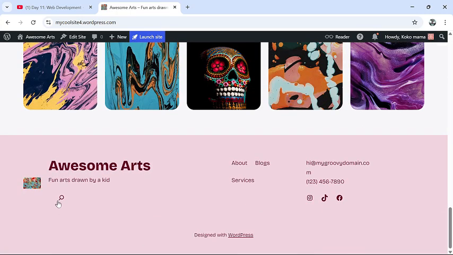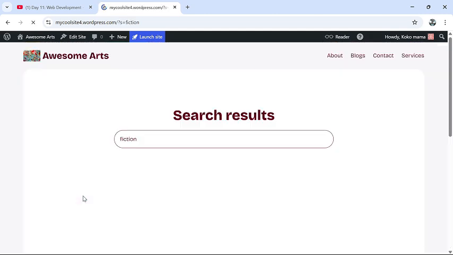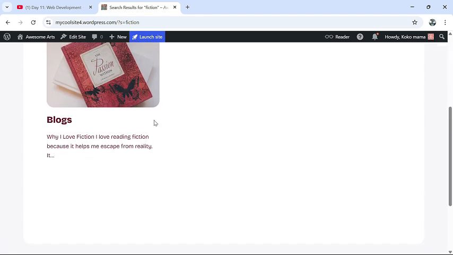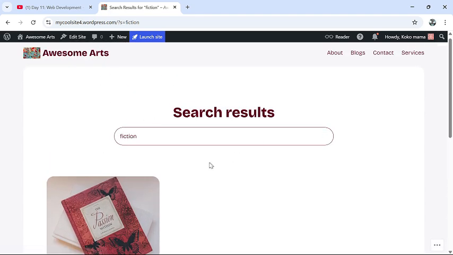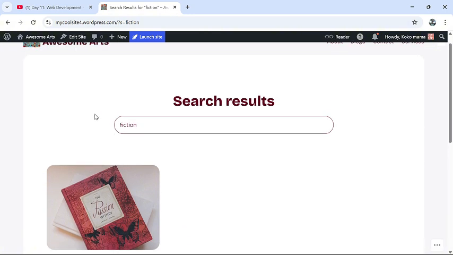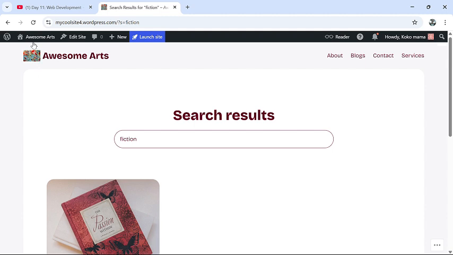So now we can see the search bar. So we can just search for anything that is on this site. So I think I'll just search for fiction. Okay, so it has taken us to where I have fiction on my site. So that is all. So we can now go back to our